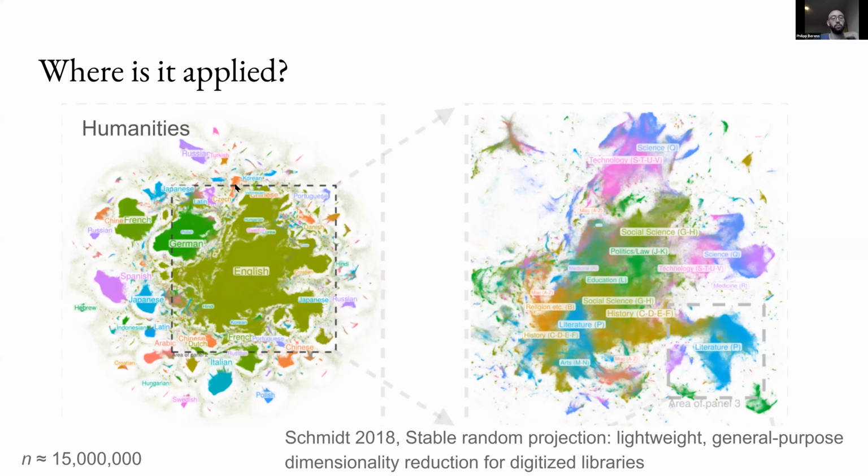So the first clusters that emerge are actually by language, with the biggest cluster in this particular study also being in English. There's for sure some sort of data set bias also at work here. But then when you zoom in, let's say into this cluster of English language books,